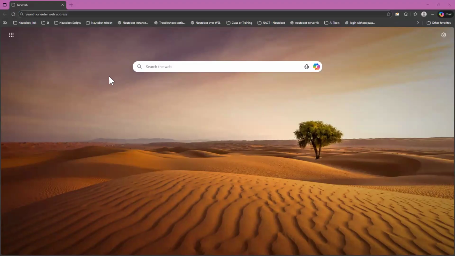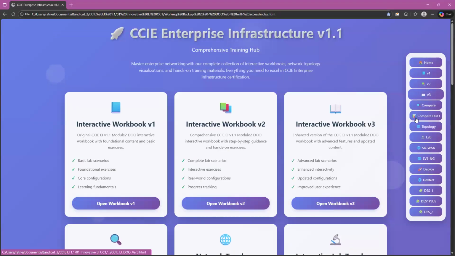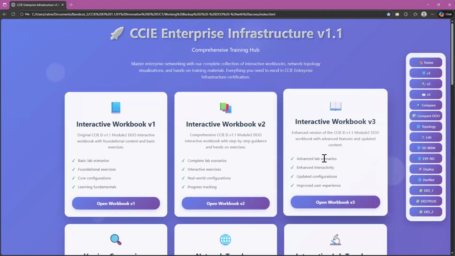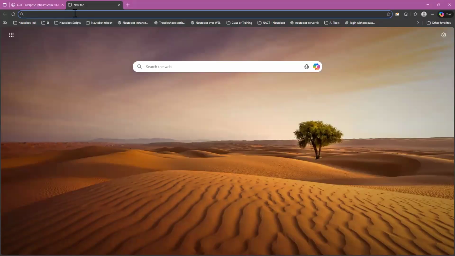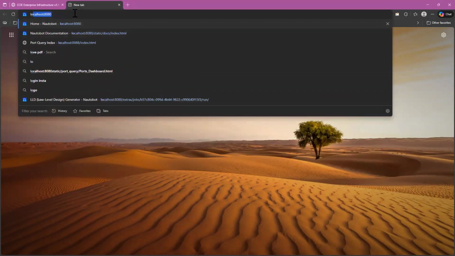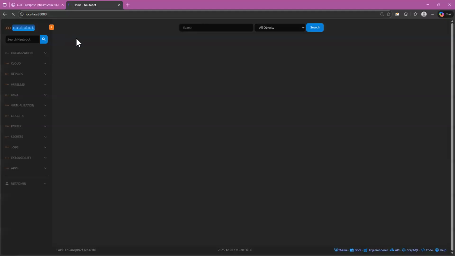What I have done, and that's kind of interesting, is that we went through those CCIE trainings and the lab, right? I was looking for a lab simulation, and then I thought, okay, this CCIE lab that we have over EVE-NG, why not use that particular lab? I'll go and work on this automation as well. So first of all, let me show you my localhost, my Autobot, how this looks.